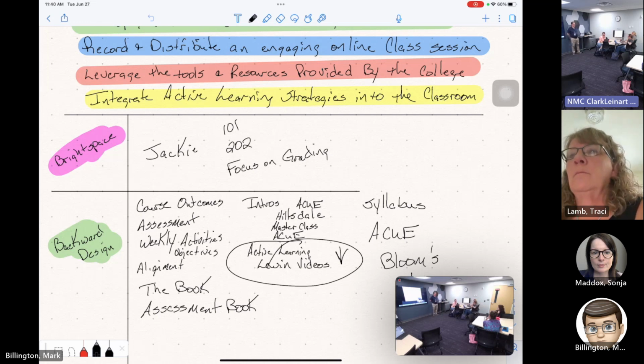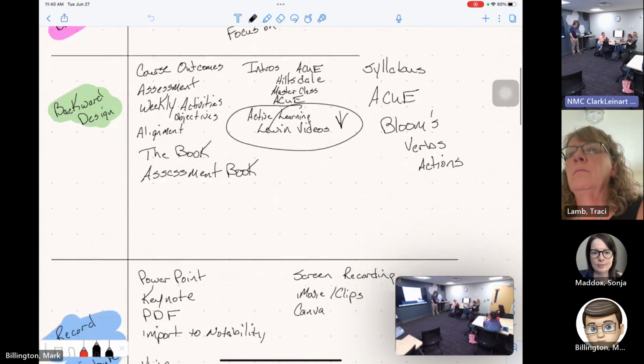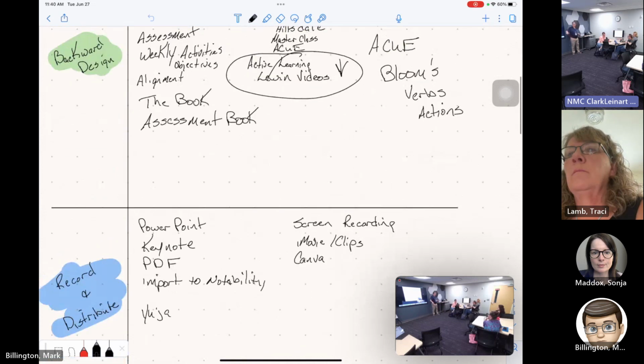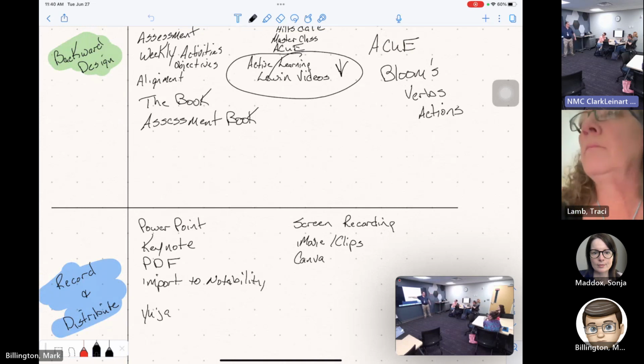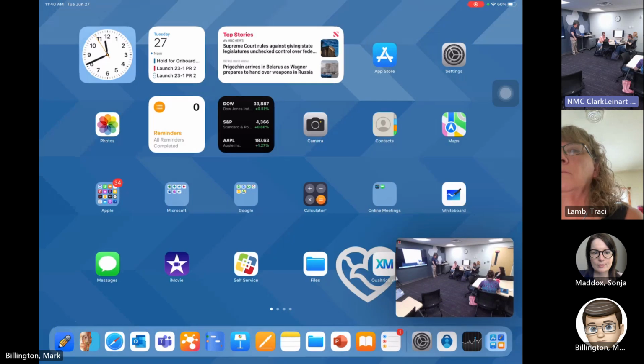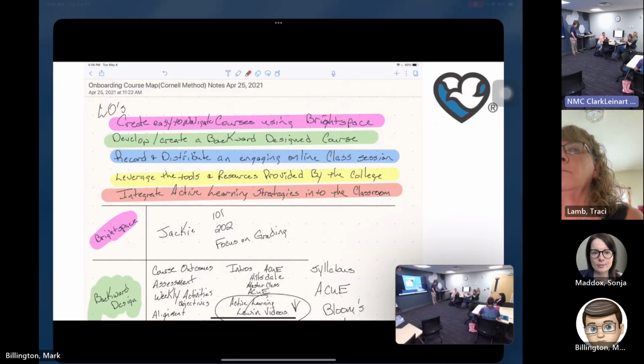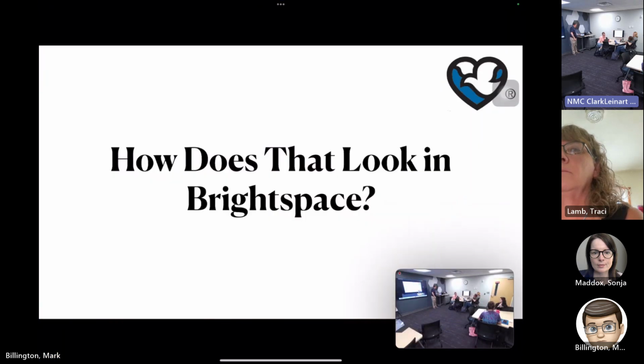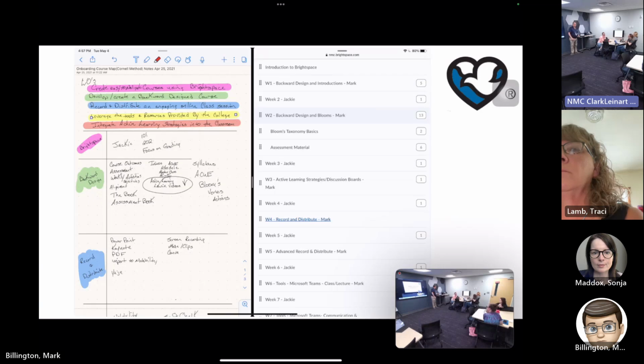Is this helping you get your head around it, or is this stuff you talked about yesterday? A lot of it, yeah, a lot of it is just trying to make sure everything matches. So as you look through this, like we were seeing in Jamie's pieces, over here are those top objectives. Here's all that alphabet soup of all of the other things that we want to do. Now, as we move through that, how does that really look and how does that align with Brightspace?